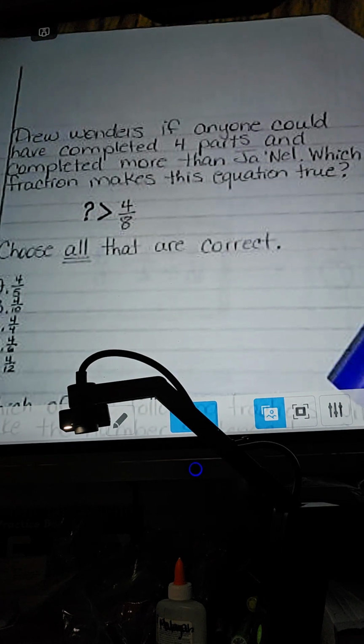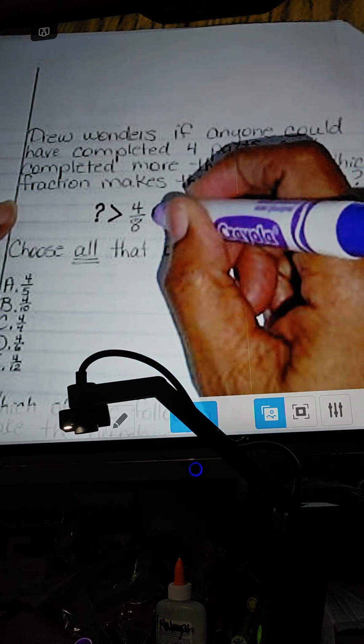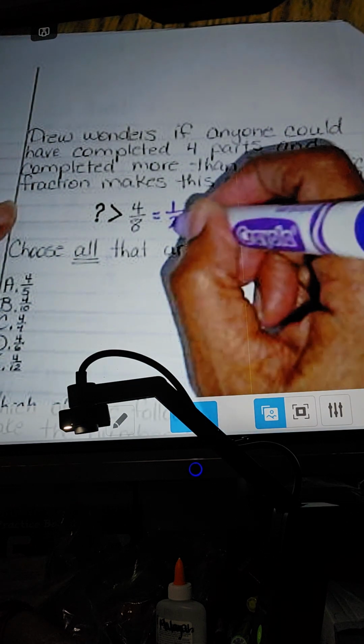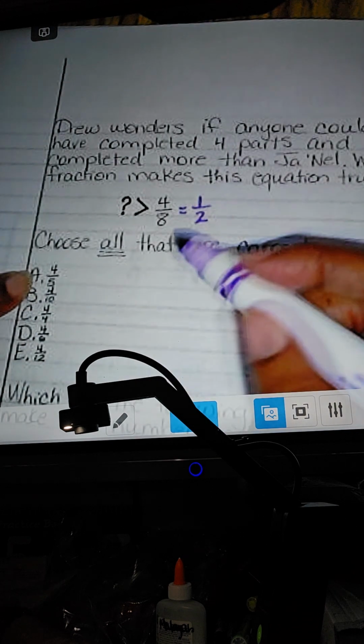So Drew wonders if anyone could have completed 4 parts and completed more than Janelle. Which fraction makes this equation true? So what fraction is greater than 4/8? First of all, when I see 4/8, I know 4/8 is equal to what? Is equal to 1/2. So I need anything here as an answer choice that's greater than 1/2. So I look at A and I know 5 can't be cut in half. So I know that more than likely that third piece, so 3/5 would probably be greater than 1/2. So I don't know, 4/5 might be greater. Let's see,